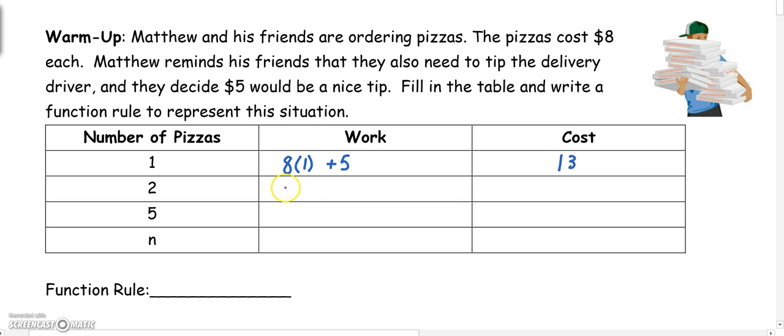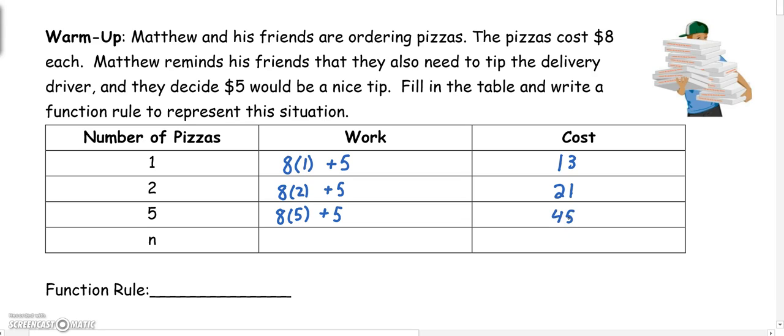Next, if I order 2 pizzas, I have 8 times 2 pizzas, plus a $5 tip. 8 times 2 is 16, plus 5 gets me 21. If I order 5 pizzas, 8 times 5 plus a $5 tip, 8 times 5 is 40, plus 5 is